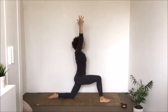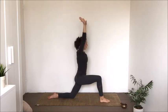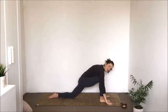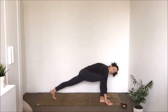In yoga, we call that our drishti, our gaze. So find somewhere to look at. Take a full breath in and a full breath out. Lower the hands to the ground, untuck the left foot and lift the left knee, and then step back into